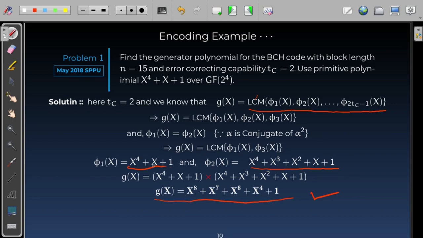So to calculate phi 1 of x, you have to know GF2 to the power 4, right, which is generated using x to the power 4 plus x plus 1. So this is the primitive polynomial which you have to consider to generate GF2 to the power 4, and using the algebra of that, you have to actually calculate phi 1 of x and phi 2 of x, and then you have to multiply them together. Okay,